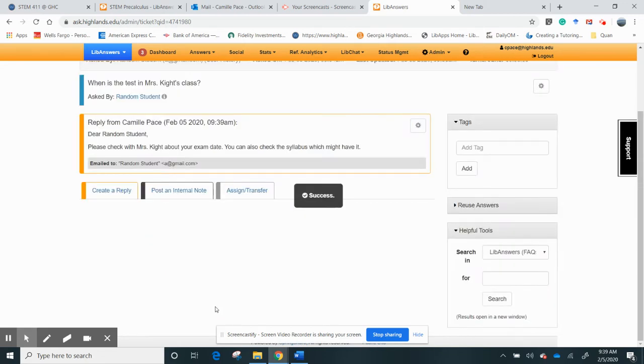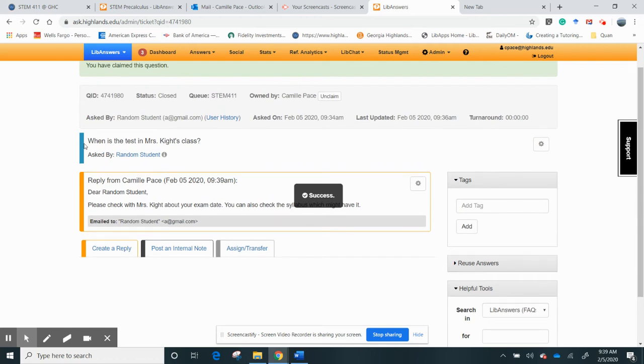I hit that. And what it does is it shows me here, blue was the student's question. The orange is what I answered back to the student. And this is a bogus email. It's not really going to go anywhere, but it's going to answer the student back into the email they gave us. So when I go back to the dashboard,